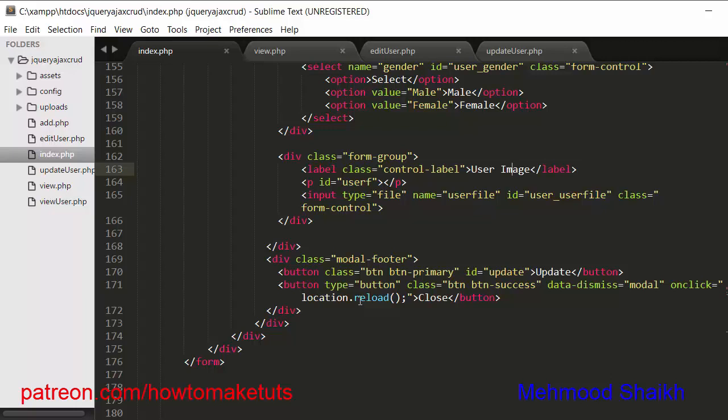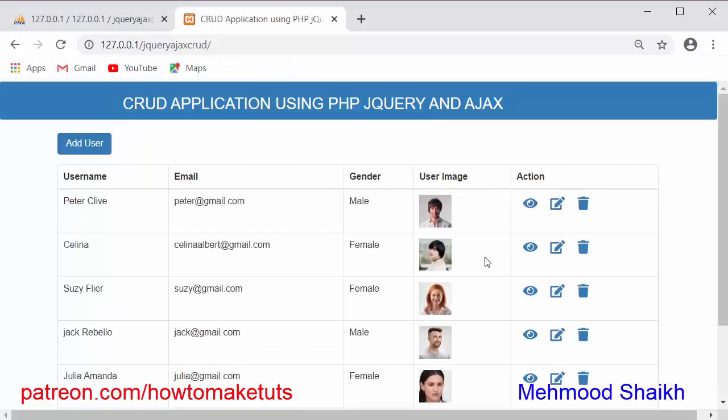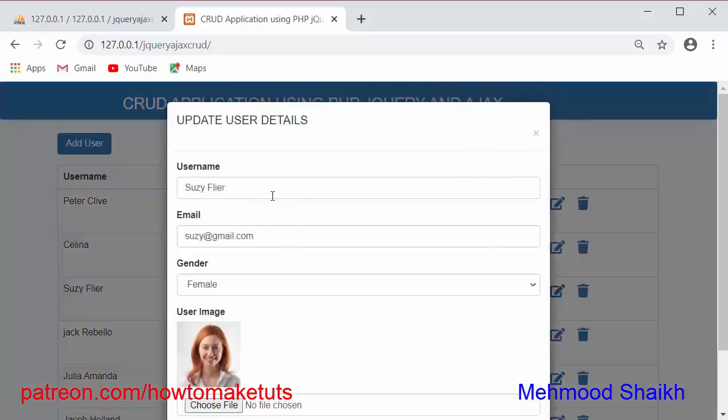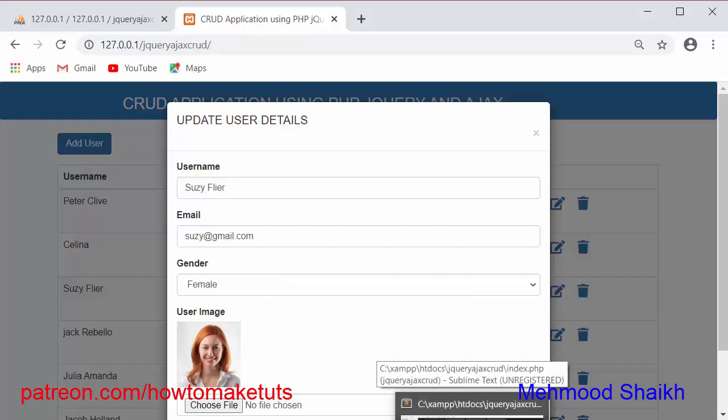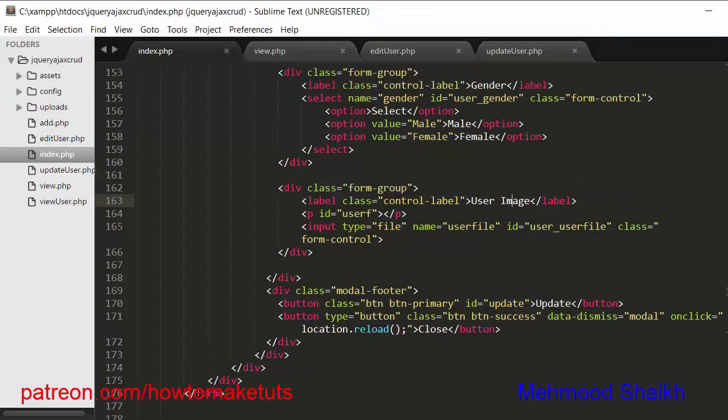So now the first thing we need to do is display the information of the selected user which I want to update. Suppose I want to update the details of this user, and when I click on this edit icon, I have to display this model, as well as the details of that selected user. So for displaying the details, what I have done is,